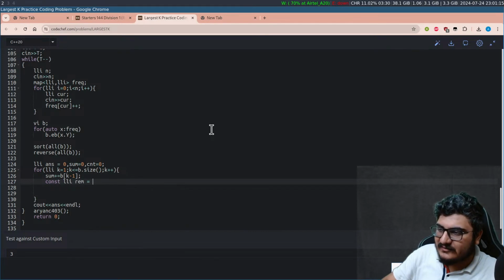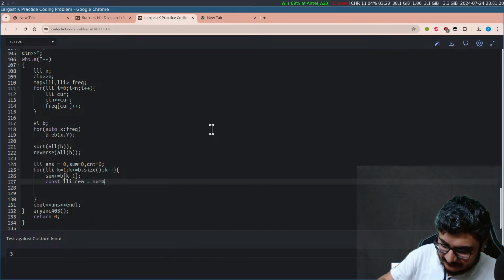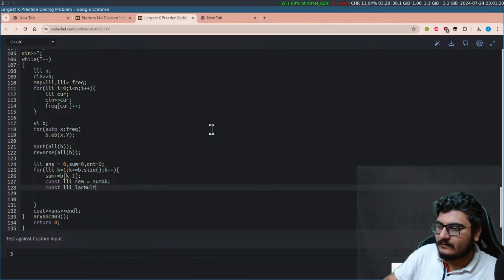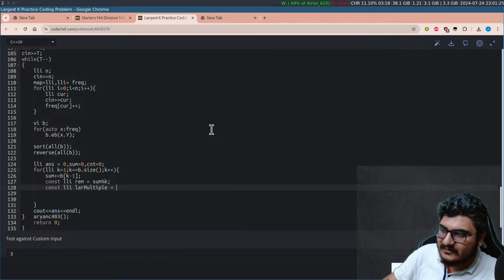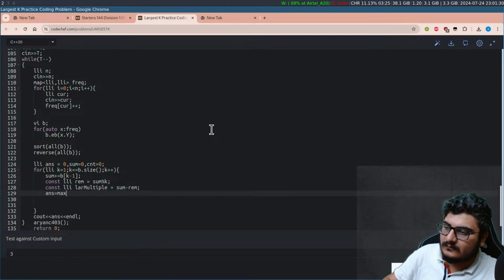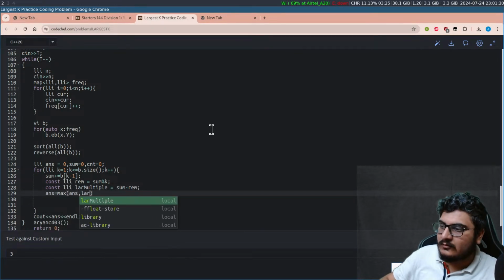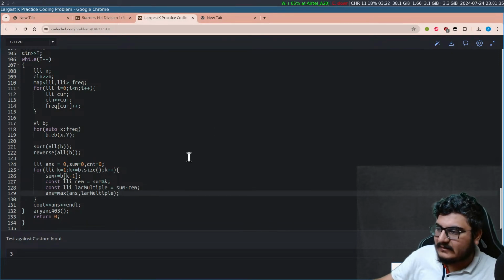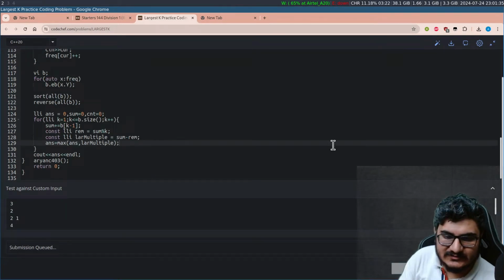Now what we can do is look at the remainder here. The largest multiple would be whatever sum you have got minus the remainder. That's the largest multiple you can get. And that would be